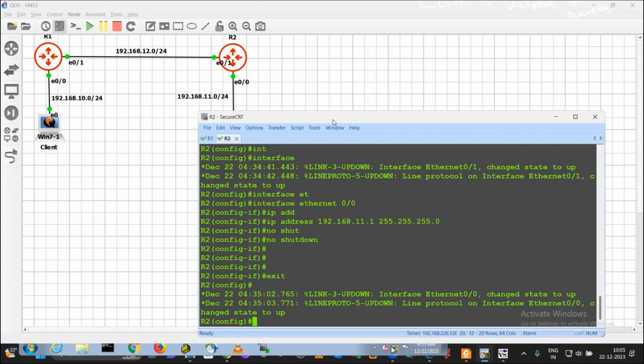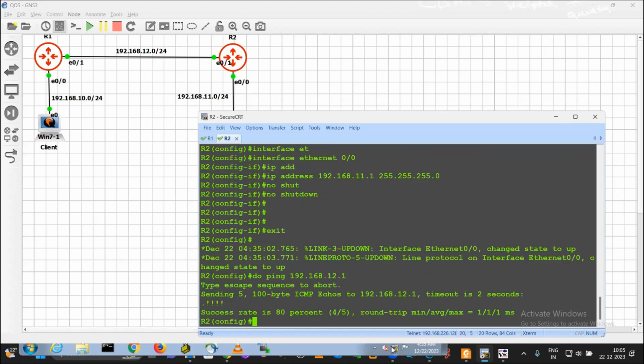Okay, next thing what we'll do here. After that I'll check the connectivity between these two routers first. Do ping 192.168.12.1. Okay, fine.